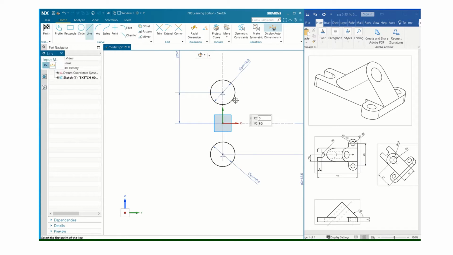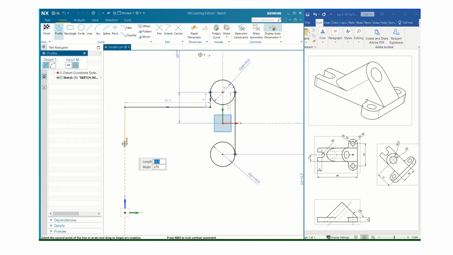Okay, so let's use the line tool. Connect that part. Now I'm gonna build on these side pieces here, so I'll use my profile tool. Make sure when you click on those circles, it's going to try to go to the center. Make sure you get the quadrant. And it's just gonna sketch out,